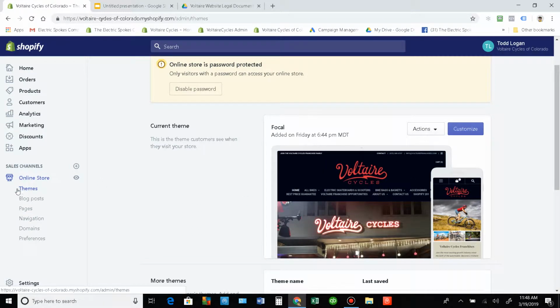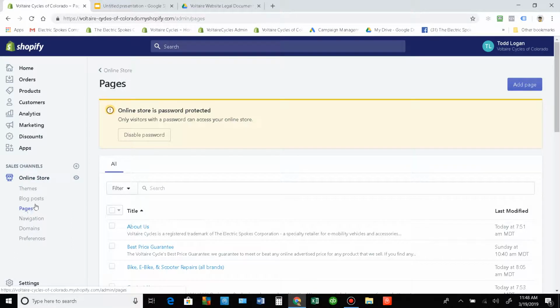And if you want to make any edits to the navigation of that up here, or add any new pages, web pages, which are different than product pages, then you would enter your page link here